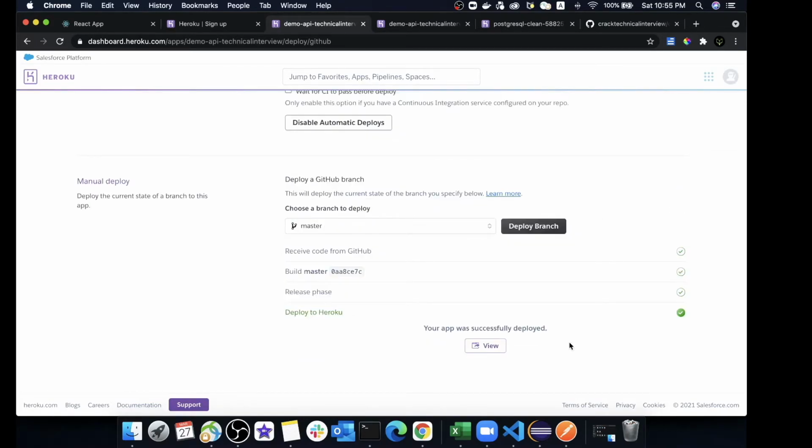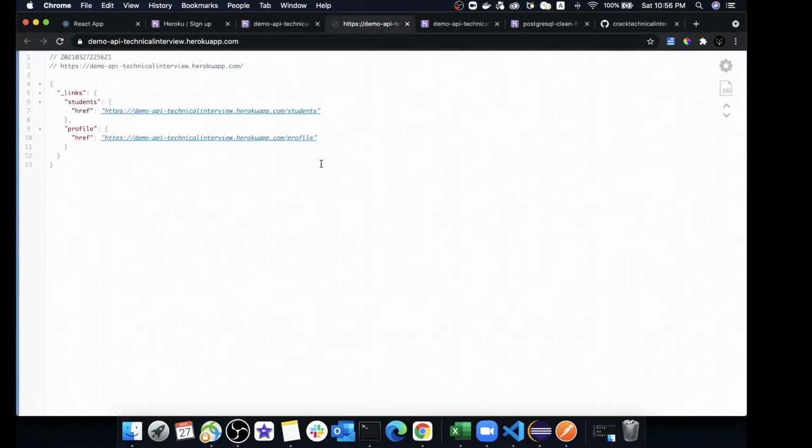And that's it. We are done with the deployment of our backend service into the Heroku application. So easy, right? Let's now view this deployment. And that's it. You can see our demo REST API got deployed into the Heroku application. And this is basically the URL by which we will be accessing our REST API. So right now, instead of pointing to our localhost, we need to point to this URL so that we can retrieve and post data to our backend server. And thus we are done with the complete deployment of our backend application into the Heroku server.